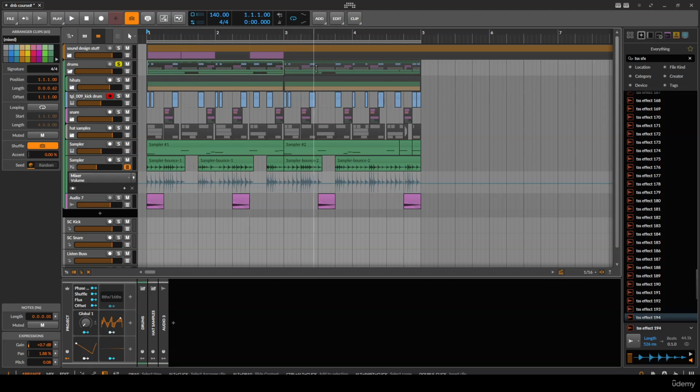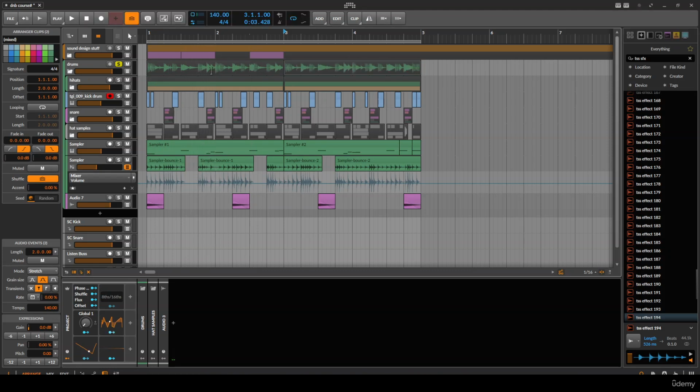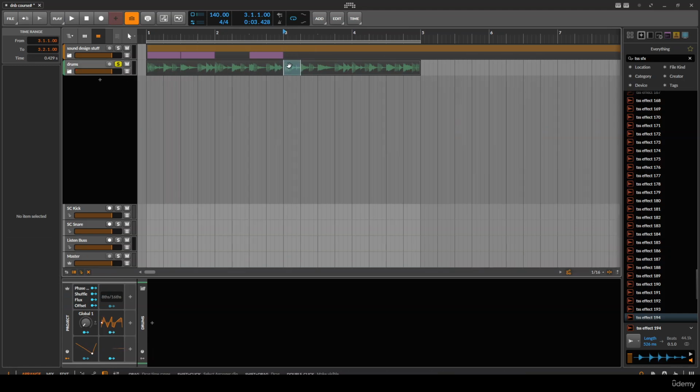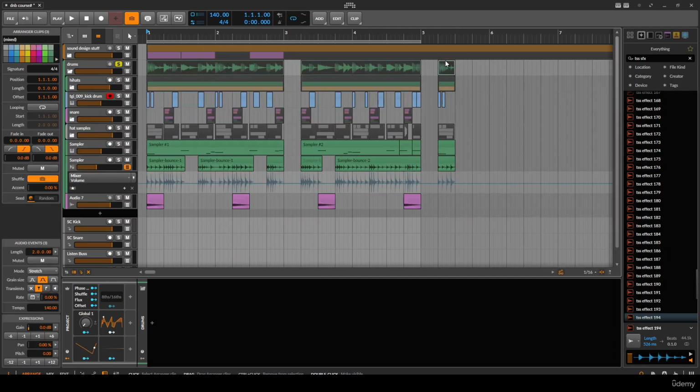So what you can do instead, and what I like to do, is I like to bounce these drum groups in place and just look at this as if I'm editing a break. And if I edit this drum group at the top here, so for example, if I fold this down, just take this bit and move it here, you will see that it'll move all the contents of the group. So later I can just remove this bounce group clip